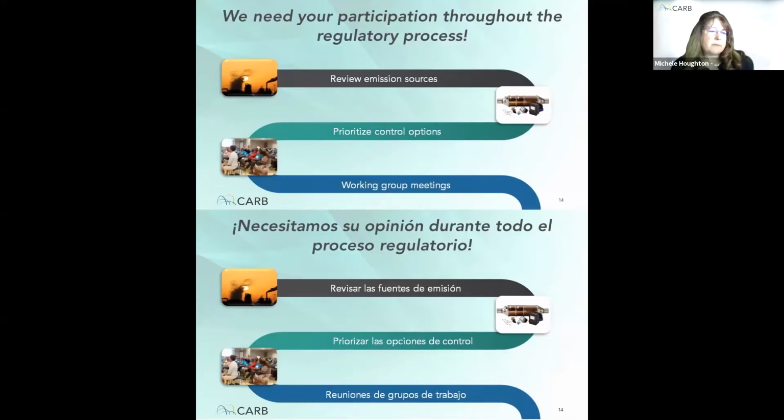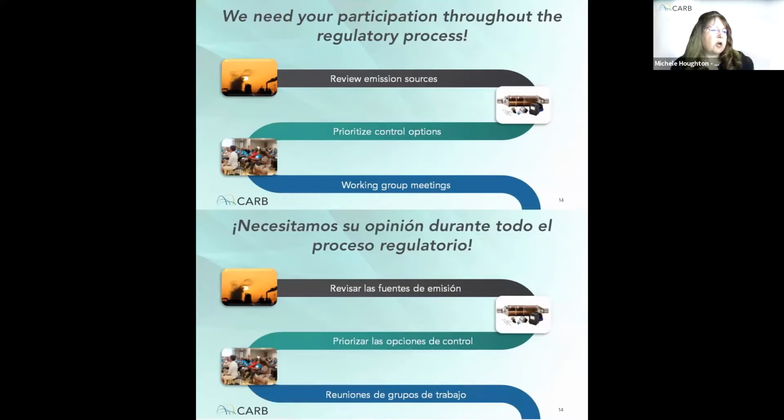In the next step, we evaluate possible control options, such as adding a filter, replacing or eliminating the toxic pollutant, or changing the manufacturing process. CARB staff is also required to conduct a health risk assessment and a cost analysis.